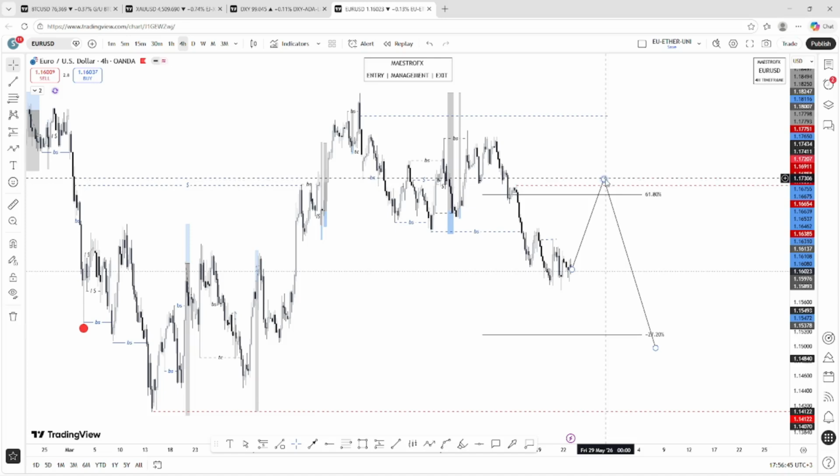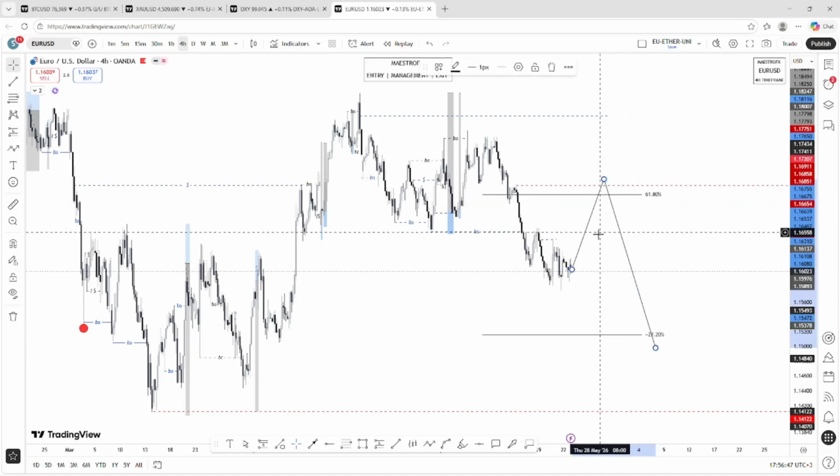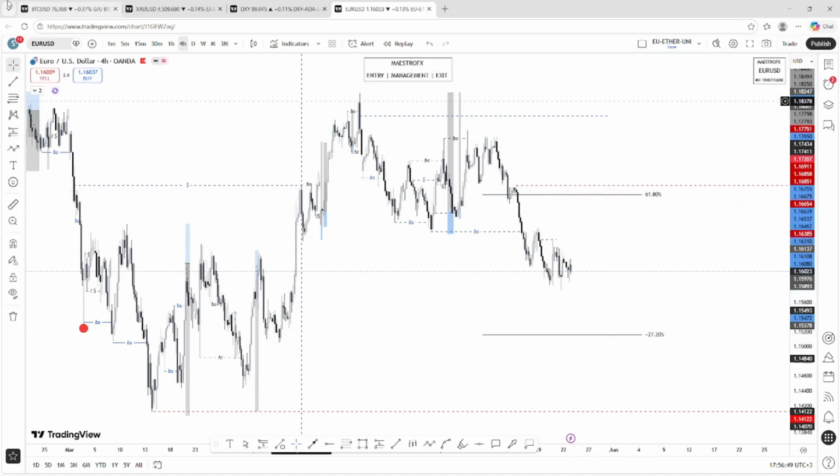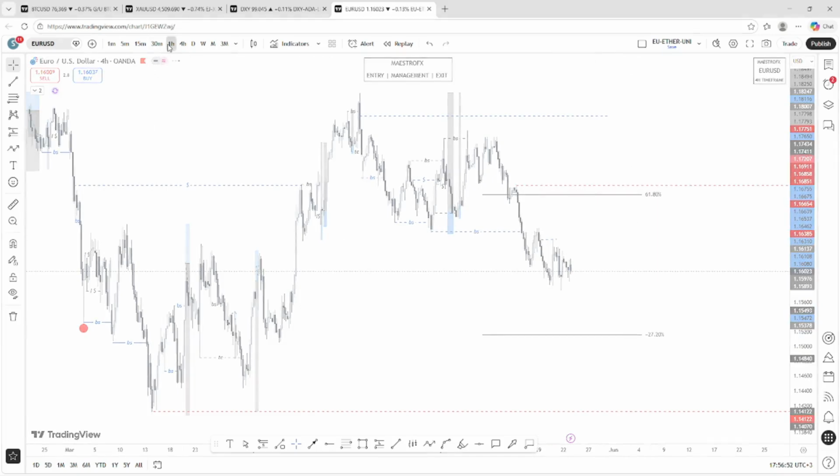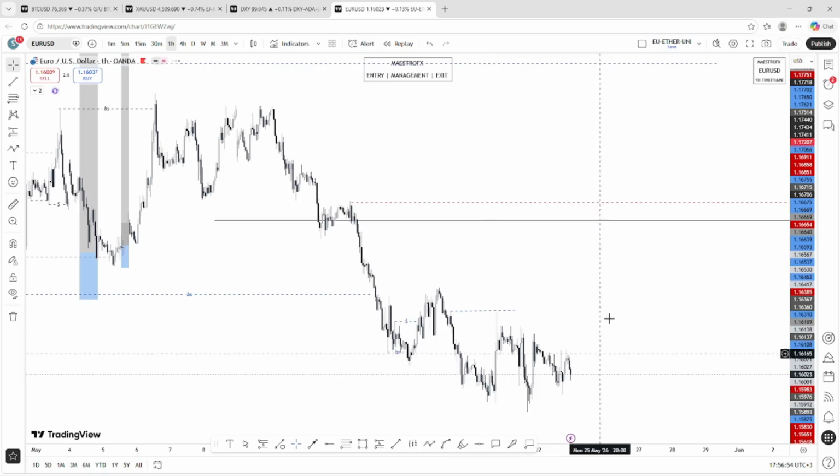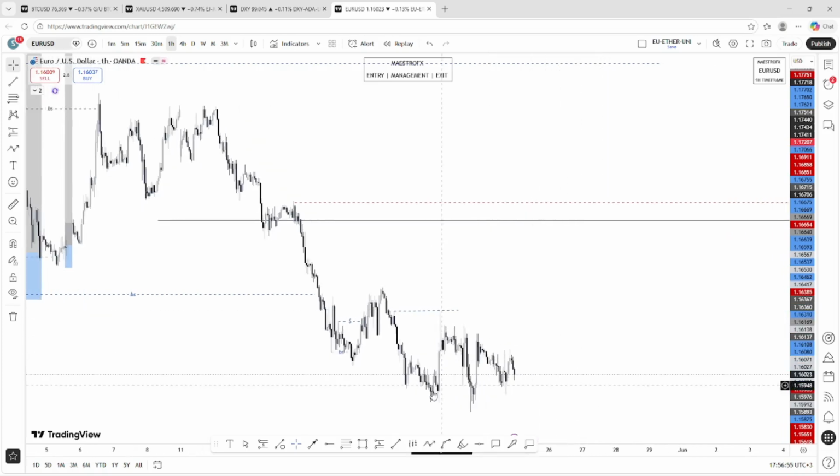But for that to happen, the lower time frame has to support that. So let's shift to the 1-hour time frame. See what we have here. Yes, you can see that